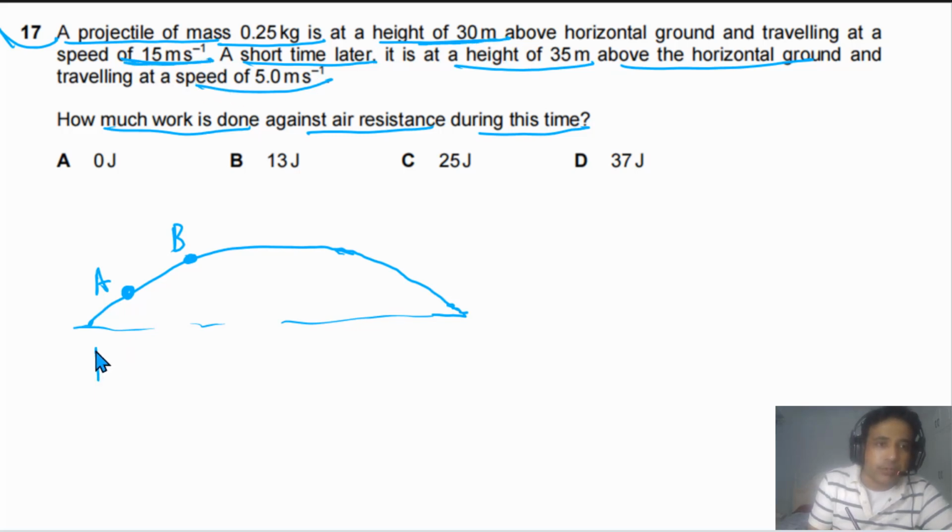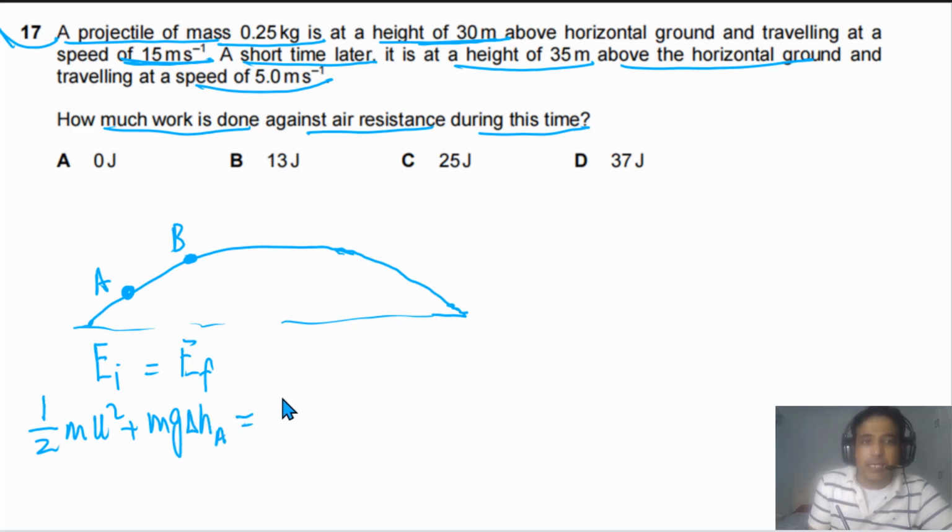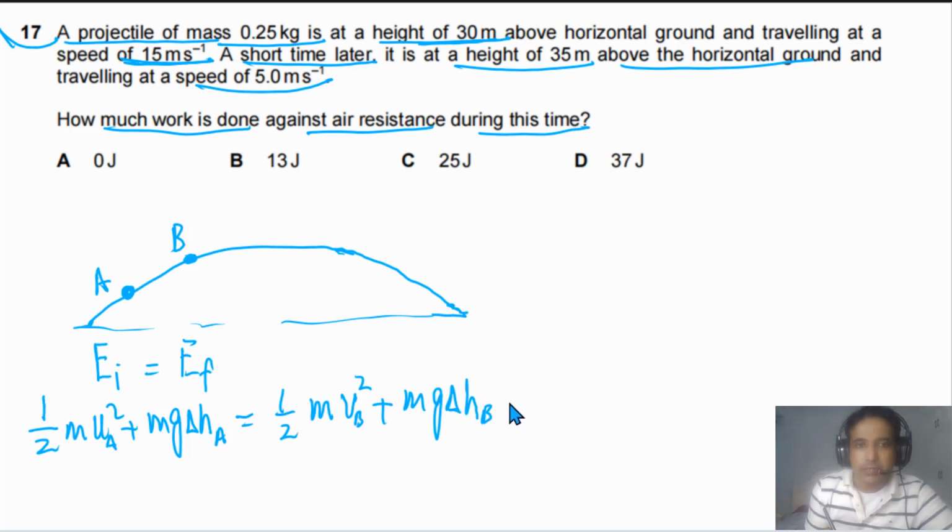So we can simply use conservation of energy in this case. Initial energy has to be equal to the final energy. So the initial energy in this case, we have kinetic energy, we can say this is 1/2 m u squared plus we can say m g delta h A. This one has to be equal to 1/2 m v squared, we can say at B, plus m g delta h B. So ground is our reference point in this case, plus work done against resistive forces,